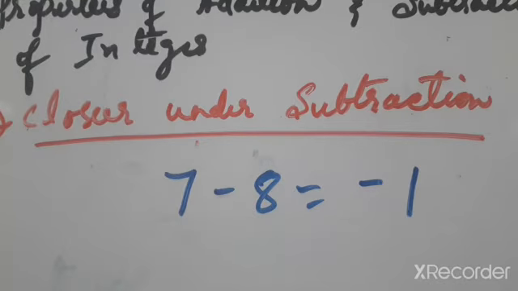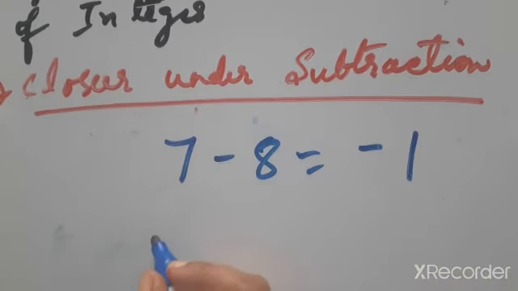We cannot find any pair of integers whose difference is not an integer. Always, addition or subtraction of integers gives an integer. So we cannot find any pair of integers whose difference is not an integer. Since subtraction of integers gives integers, we can say integers are closed under subtraction.